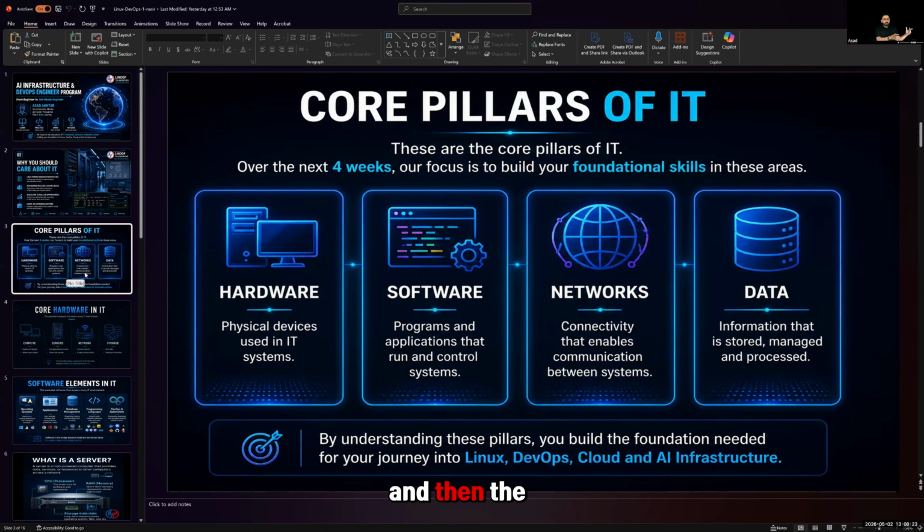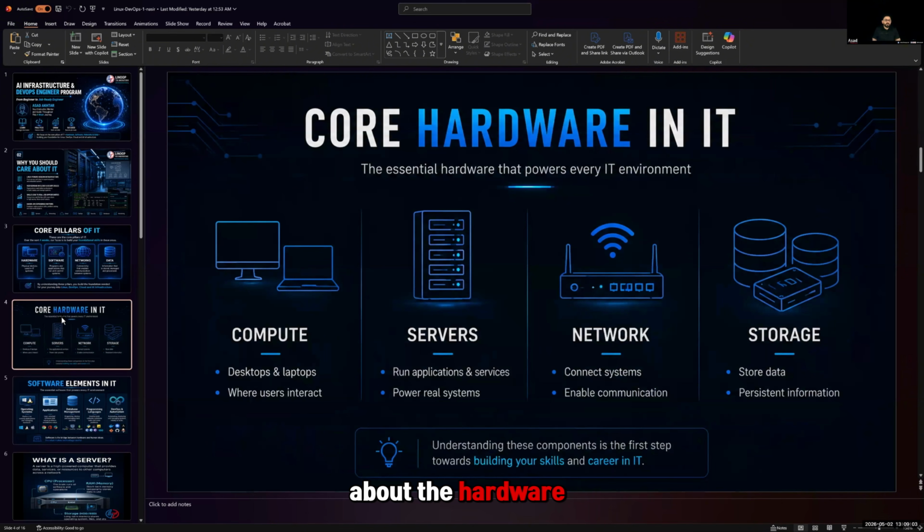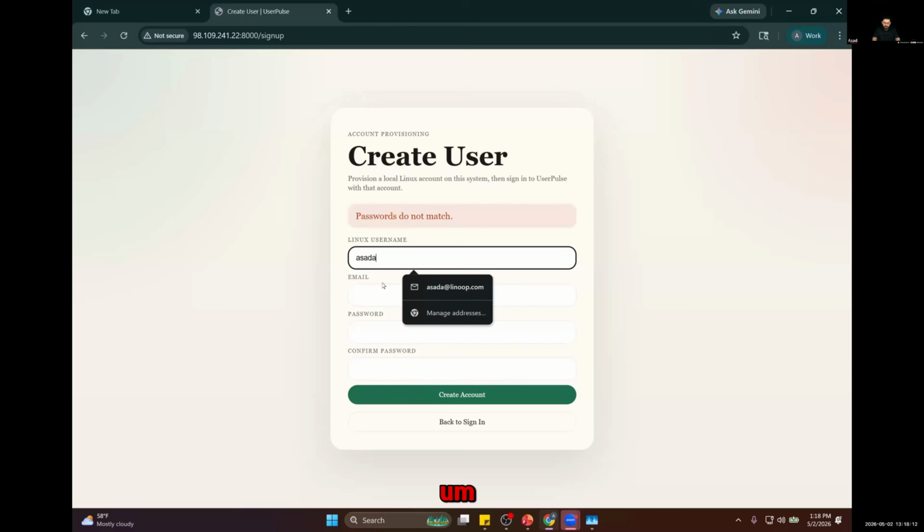And then another core pillar is the data. Data is everything. Data is the wealth today. That's why we have AI, because we have tons of amounts of data. So processing of that data to give us the predictive analysis, to give us the answers. So that's also part of the core IT. Okay. Now, I'm going to break down these hardware, software, networks, and data parts into their own categories. If we talk about the hardware elements in IT,